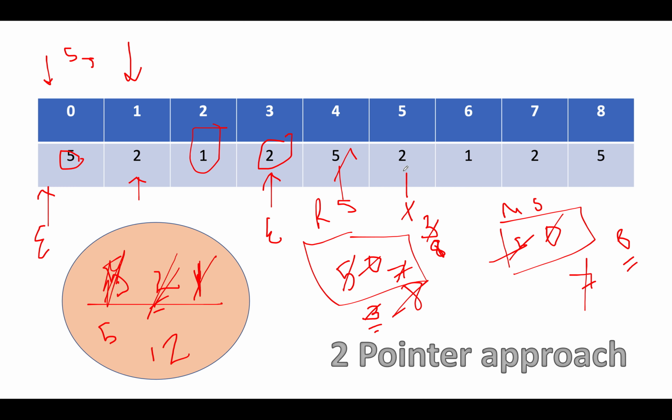Next we have 2. We'll keep on updating the starting pointer till the time 2 is not removed from the set. So the first element that we'll remove is 1. So 1 gets removed. Running sum gets reduced by 1. So running sum becomes 7. Next we have 2. So start points to 2. 2 gets removed from the set, and running sum gets updated to 5.